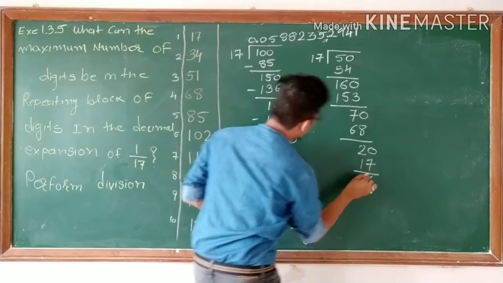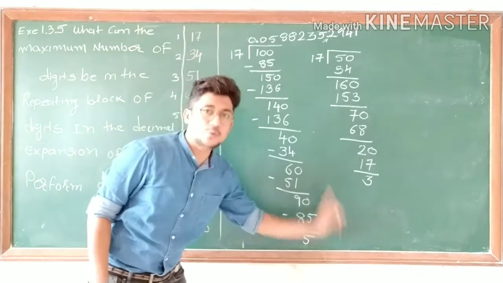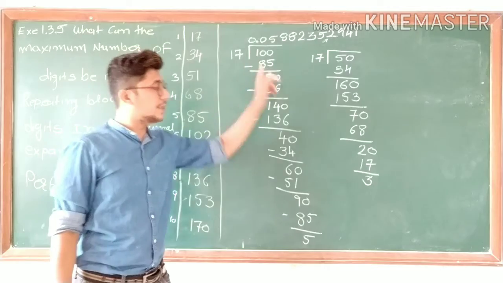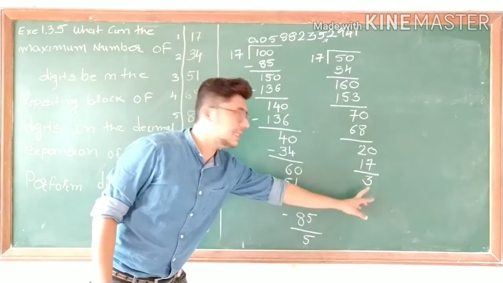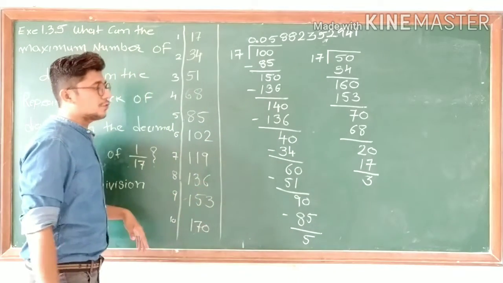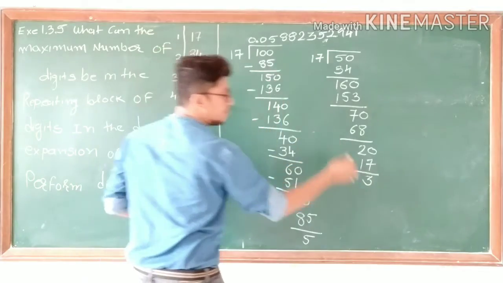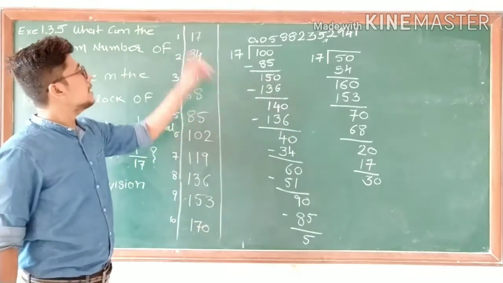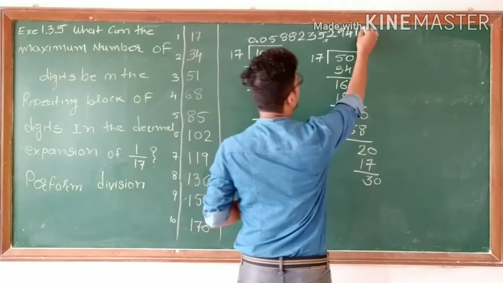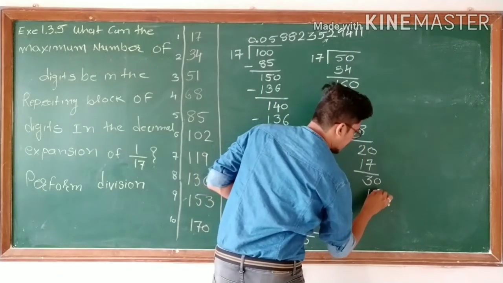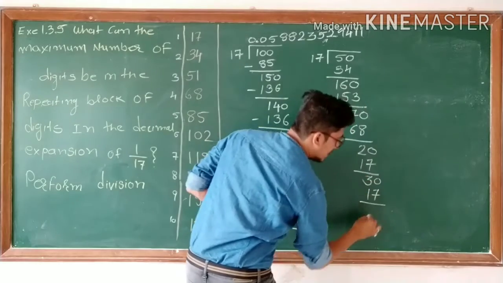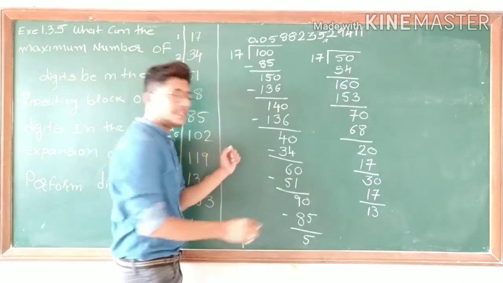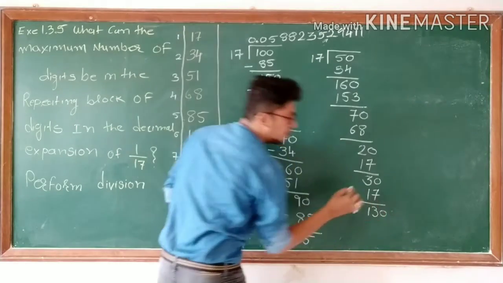Remainder is 3. We have to continue division. Still, since we get 1 over here and 1 over here, so 3 is there. We still have to continue. 3 is smaller than 17. Again put 0. Nearest value to 30. 17 ones are 17. 30 minus 17, that is 13. 13 is smaller than 17. Again put 0 over here.